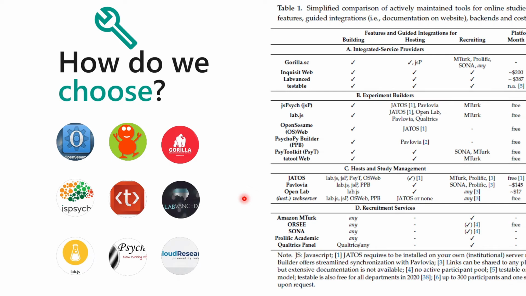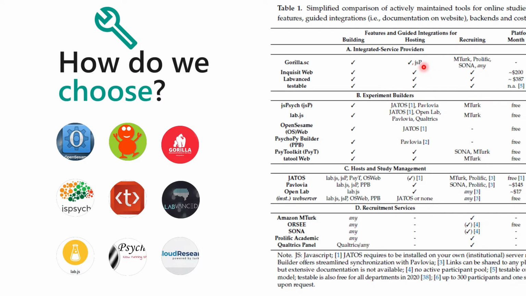So in our article on online experiments, we have created a small table with an overview of some features and an overview of some of these tools. The article is from April, sorry. And since then, there's a couple of more tools which have gone on the market. So it's not a full list, obviously.